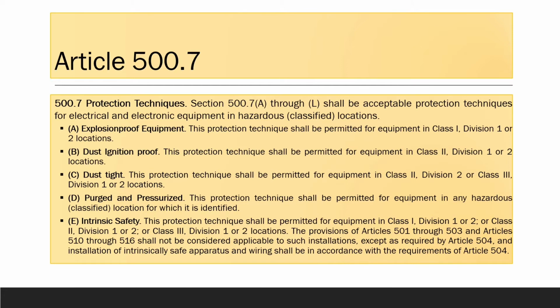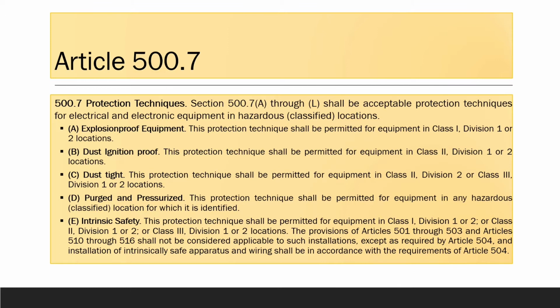Letter E. Intrinsic safety. This protection technique shall be permitted for equipment in Class 1, Division 1 or 2, Class 2, Division 1 or 2, or Class 3, Division 1 or 2 locations. The provisions of Articles 501 through 503 and Articles 510 through 516 shall not be considered applicable to such installations, except as required by Article 504, and installation of intrinsically safe apparatus and wiring shall be in accordance with the